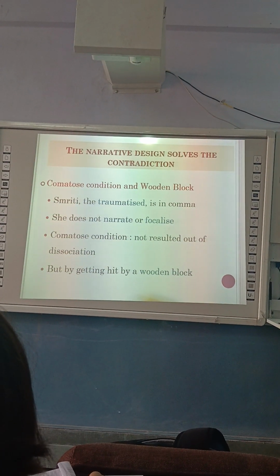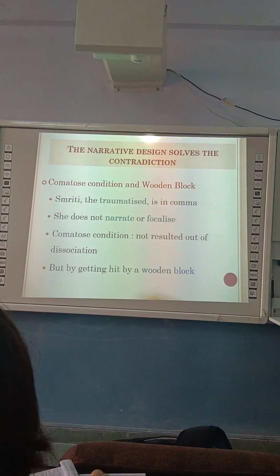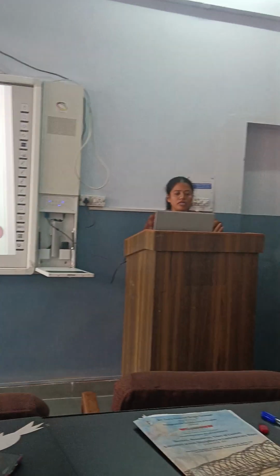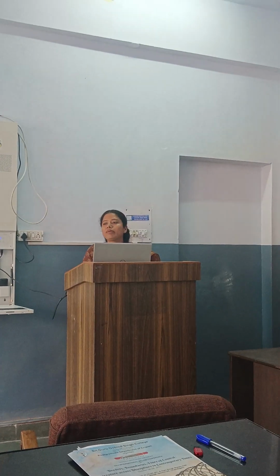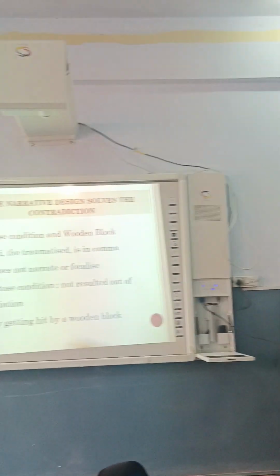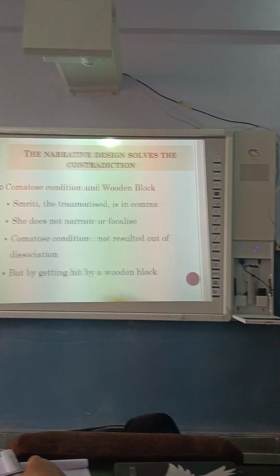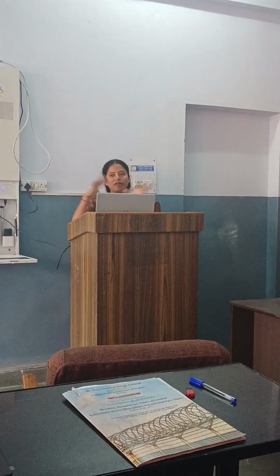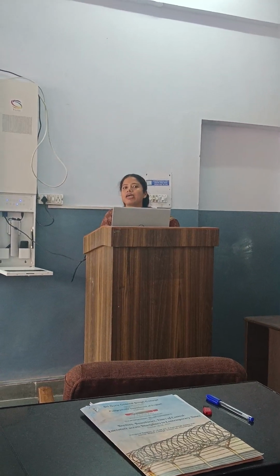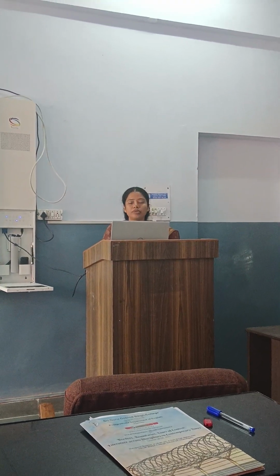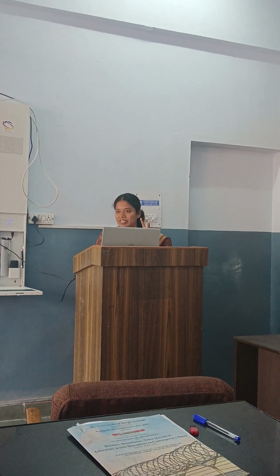Now, Smriti, the traumatized person, is in a coma. She is not talking. She is unable to talk. The only communication she has with the world outside is her monstrous dream. Now, this comatose condition does not result from dissociation. It results from after she is gang raped by local mafias in Chandigarh because she was trying to find out the racket of female suicide